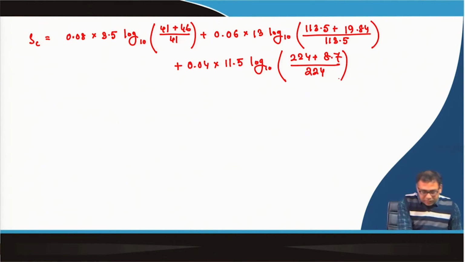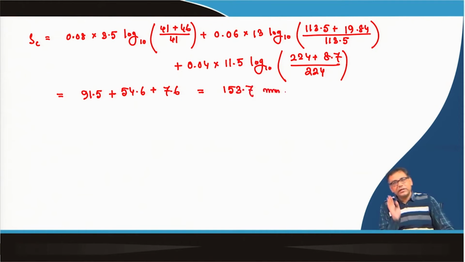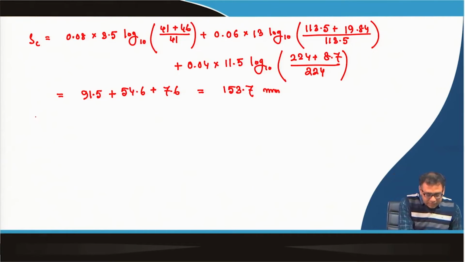Okay. So, separately if I calculate that, it will be 91.5 plus 54.6 plus 7.6. So, total settlement is 153.7 millimeter. So, this is uncorrected. So, we have to apply the corrections. So, what are the corrections? So, again the corrections are